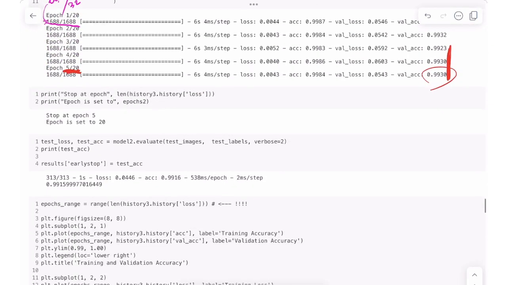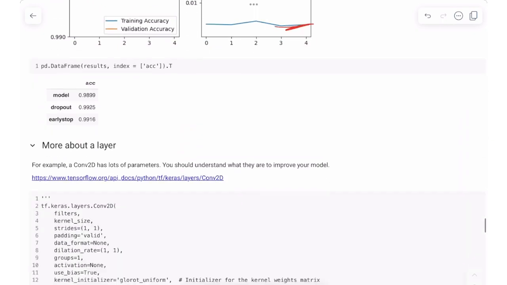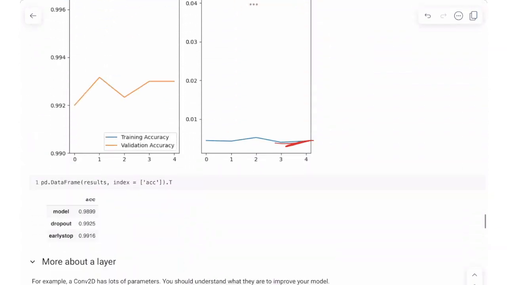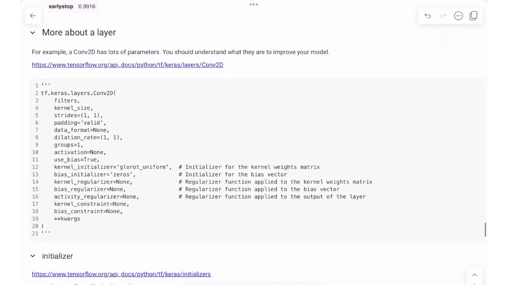It is very useful. Again, you only need 5 epochs. So the next thing is a layer. I strongly recommend you take a look at the definition of a layer. We have talked about several different parameters: filters, kernel size, stride, padding,